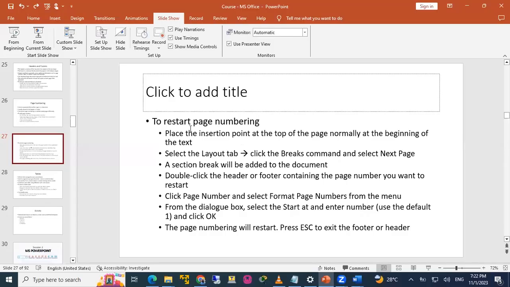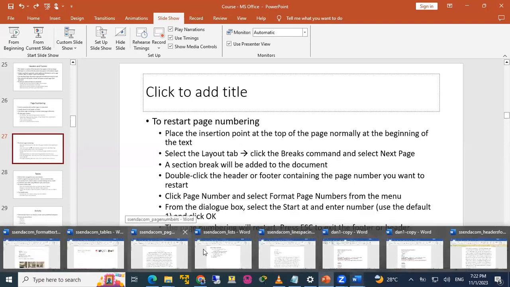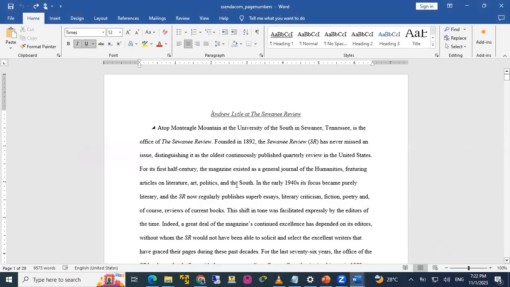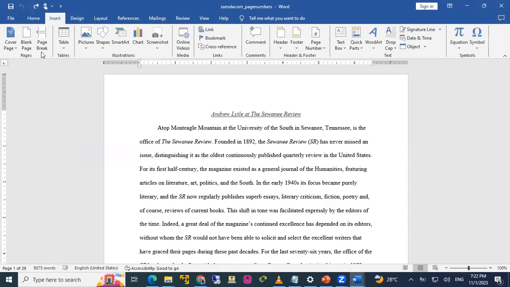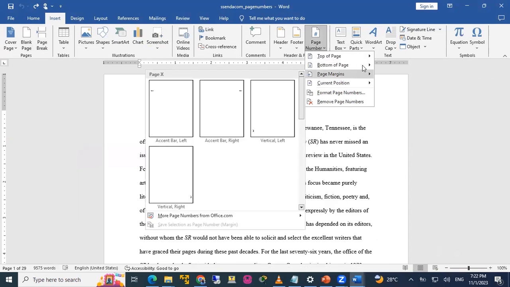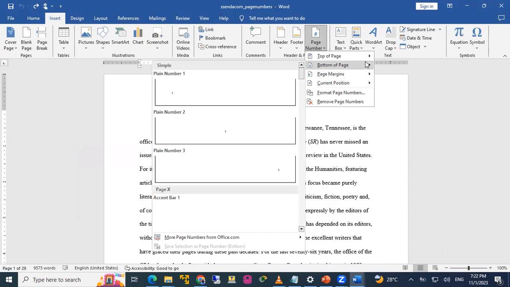So we'll go through these steps right now. So I'll go and change my document. And then I go to the page numbers. This was a big document. So from here, let me go back to insert and I say page numbers. And I say, okay, let me do it at the bottom of the page, down. So that's the footer.